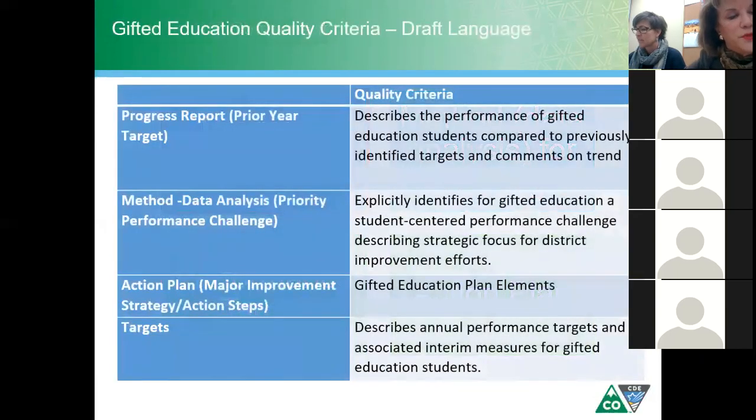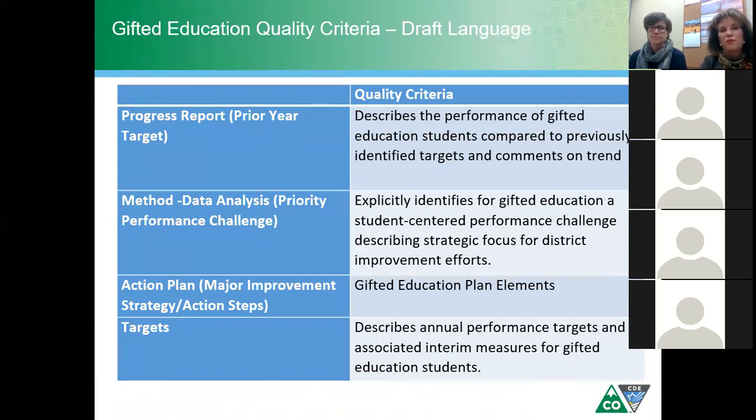So to make a connection here, Erin, when she was describing general quality criteria, you will see that gifted education also has quality criteria. If you've been on this journey for a while, former UIP documents had a little icon. It was a little oval. I think it was yellow. Sort of a peachy color. And it had gifted GED on it, and that meant that those were the criteria for gifted ed.